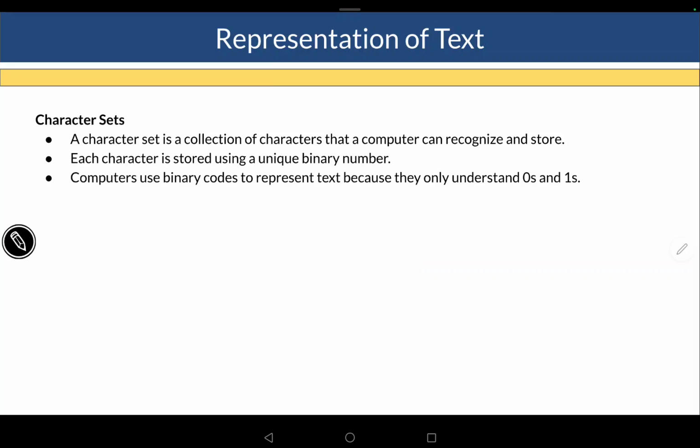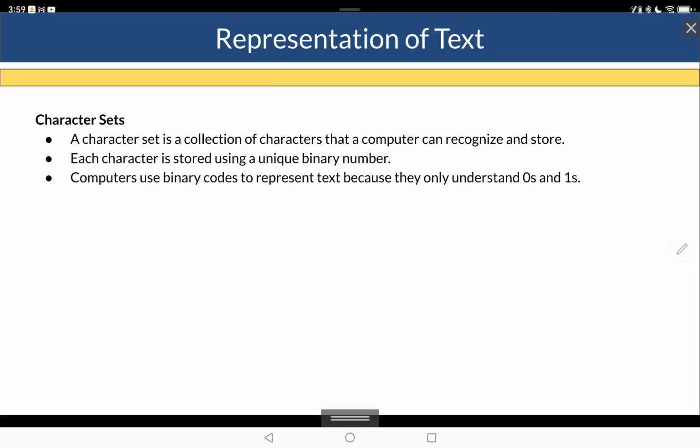So, when we type a message or save a file, the computer does not actually store letters. What it stores is numbers, which are binary numbers, represented in the form of zeros and ones, because that's the only language that a computer understands. So now, what is the meaning of character set? It's a collection of characters that a computer can recognize and store. So basically, we can say that a character set is like a dictionary that maps each character to a unique